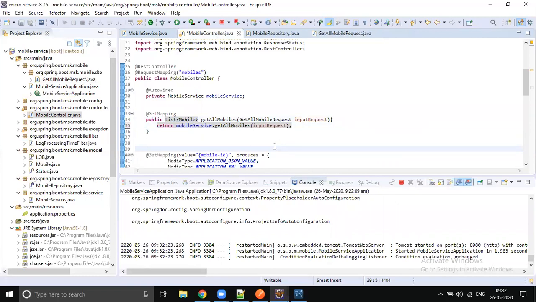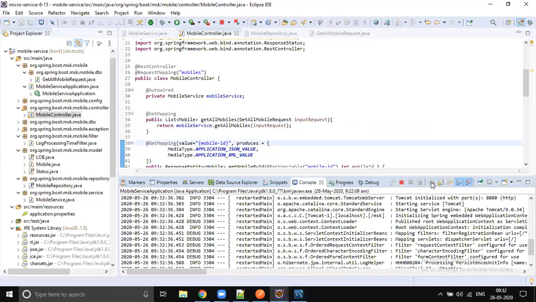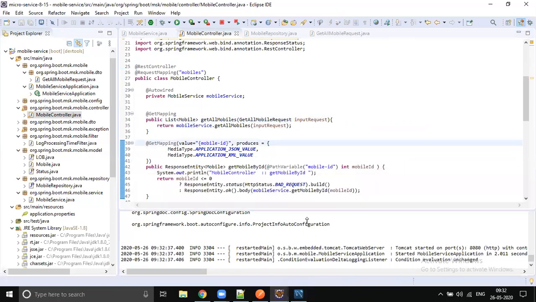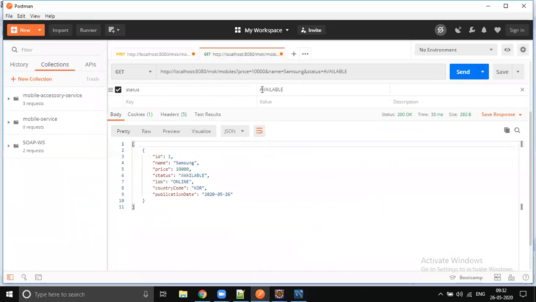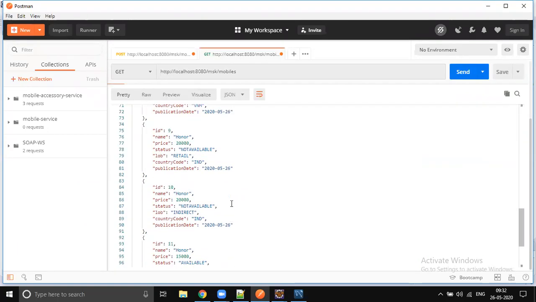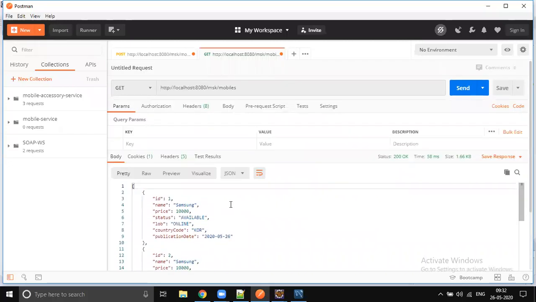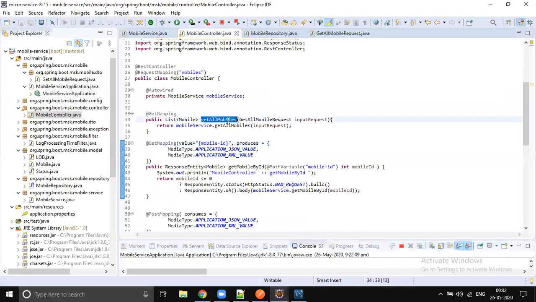So let's do it like this. Let's check whether our functionality will work as expected or not. Let's go to this. It keeps rolling the logs. Okay, fine. Now let's go to this. If I don't send any parameter, then I should get all the fields. There we go. We got 12 results. The same method we are calling, get mobiles.